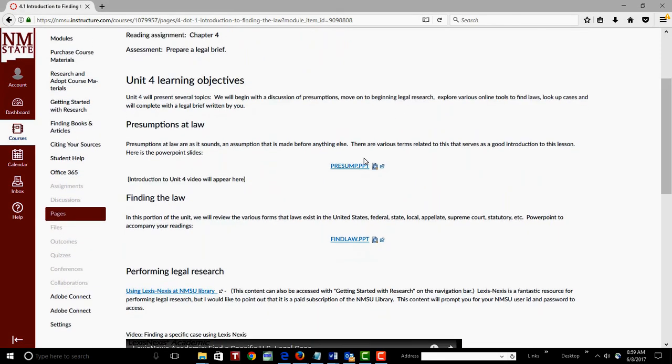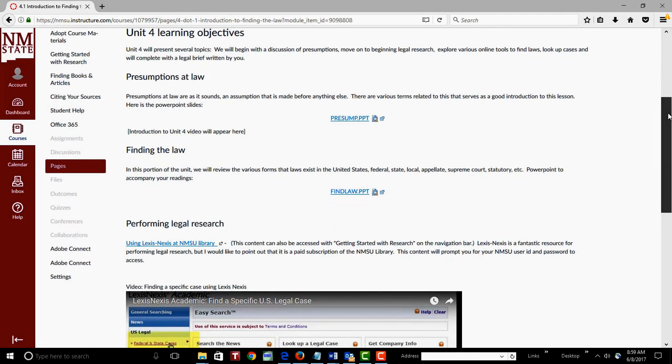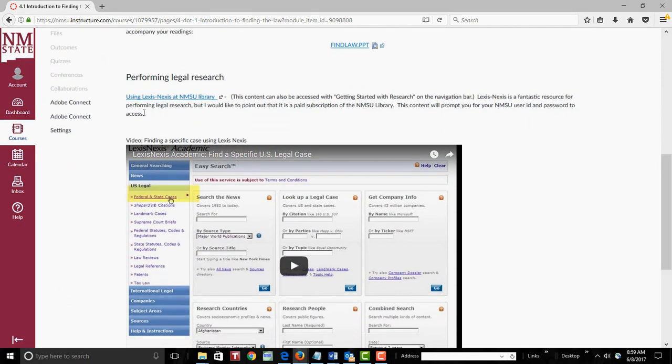So looking forward, the first set of slides is about some common terms that are presumptions that we commonly use in surveying. We have a preview document, download the document, open it in a new window. The second portion of this unit is about finding the law, similar PowerPoints, and then I've included some tools for you, such as using the LexisNexis,